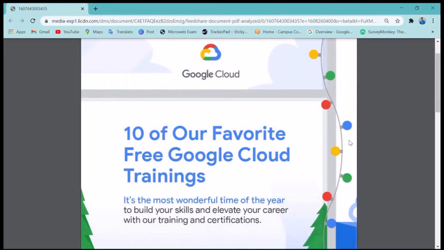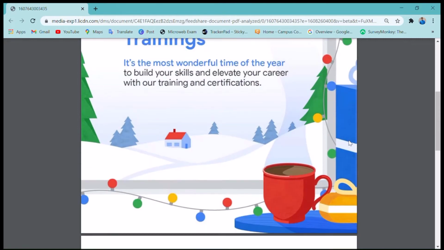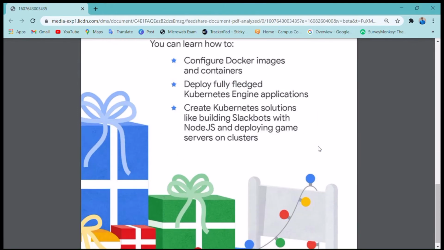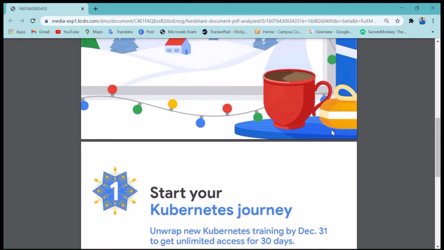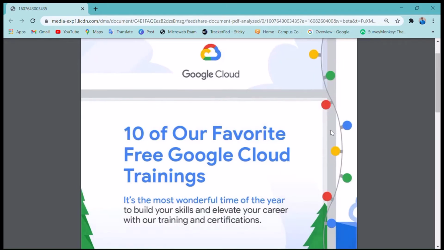So this is the offer from Google Cloud and the Quick Labs collaboration. It's a Christmas offer. As you see the Christmas tree and the surprises and the editing of this page. So this is the Christmas offer they give you. So this is the promotional page